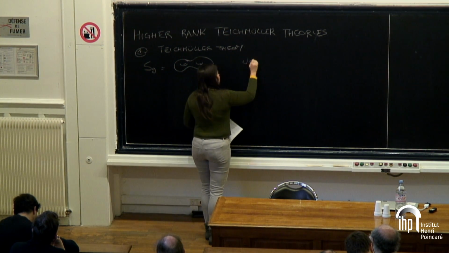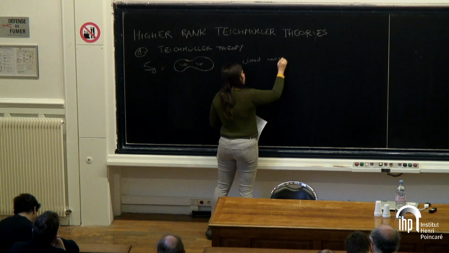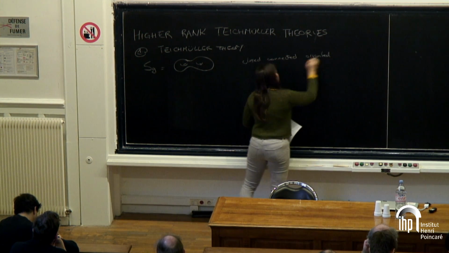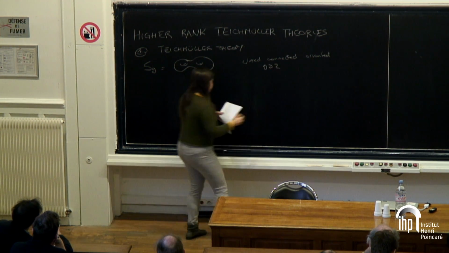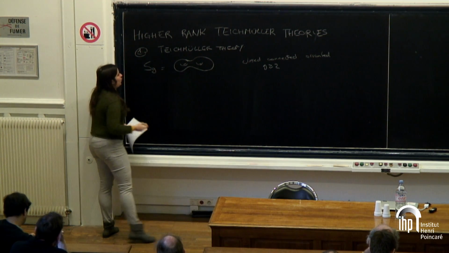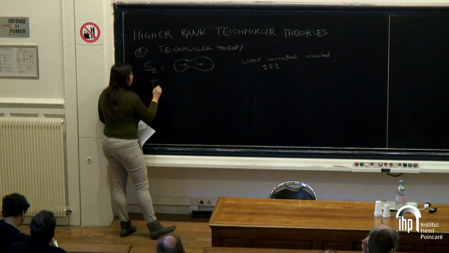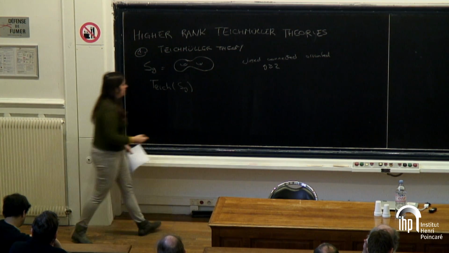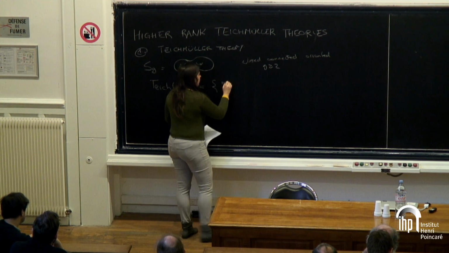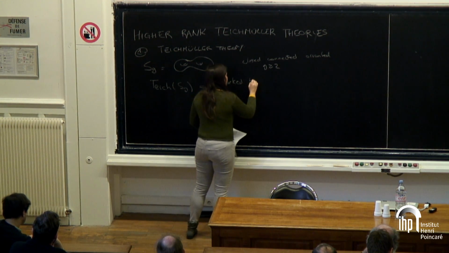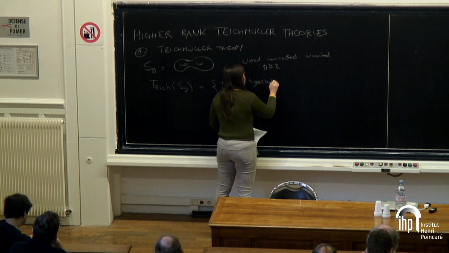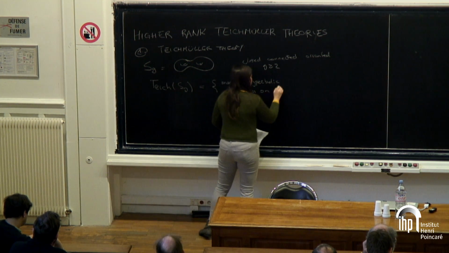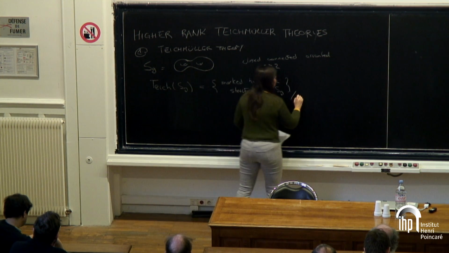So closed, connected, oriented, g bigger or equal to 2. And for me today, the Teichmüller space will be the space of marked hyperbolic structures on S_g modulo isotopy,